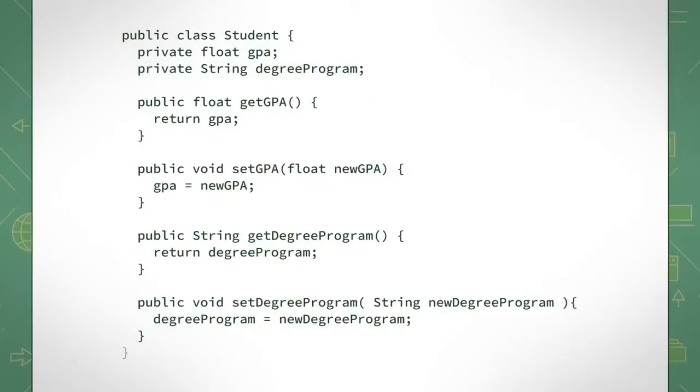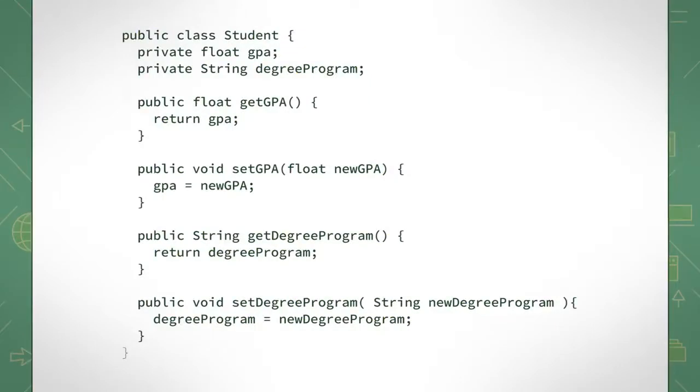Outside classes do not care how your methods are implemented. They only care if the methods are returning the expected output or doing their expected responsibility. This means your getters and setters do not purely have to return and change private attribute values. They can do more. Let's take a look at our student example.